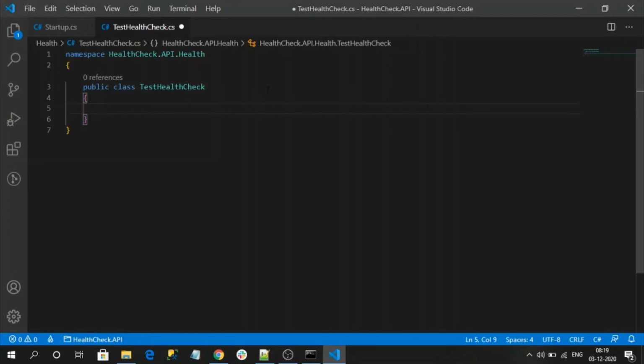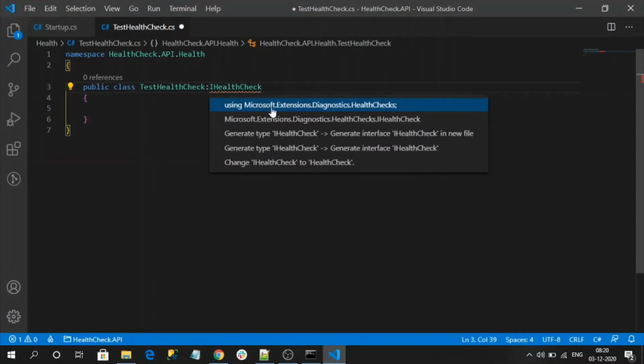So it should inherit IHealthCheck. It must inherit IHealthCheck service. IHealthCheck. Let's import the namespace. So spelling mistake. The IHealthCheck interface comes from Microsoft.Extensions.Diagnostics.HealthChecks.